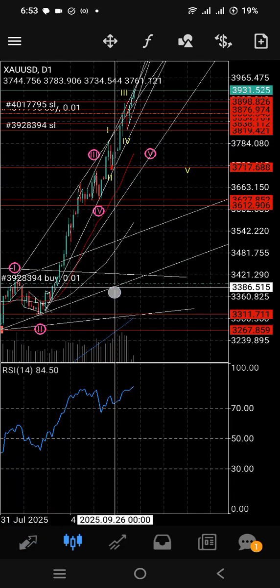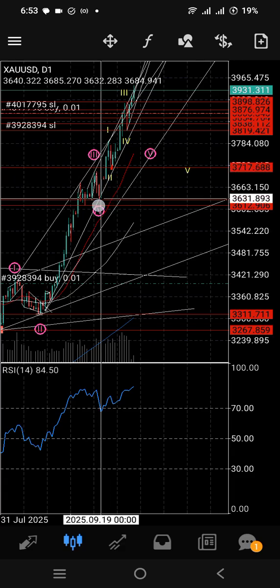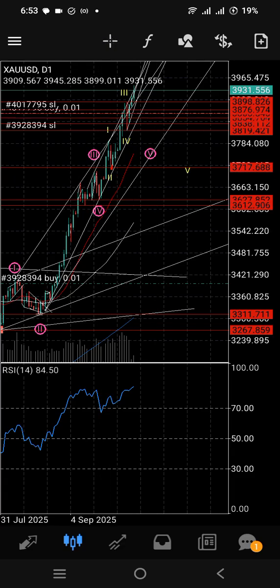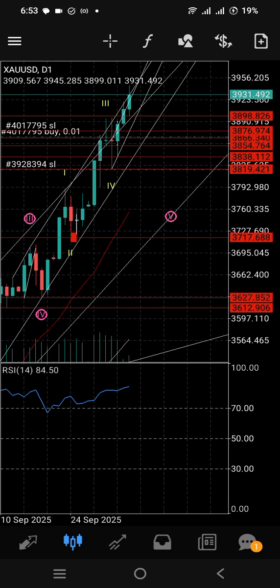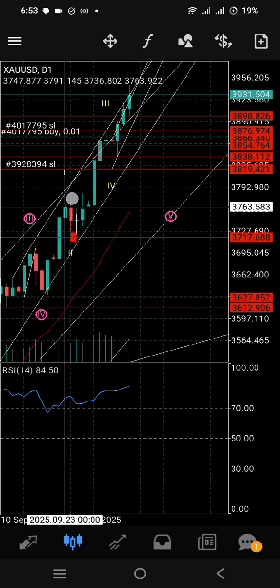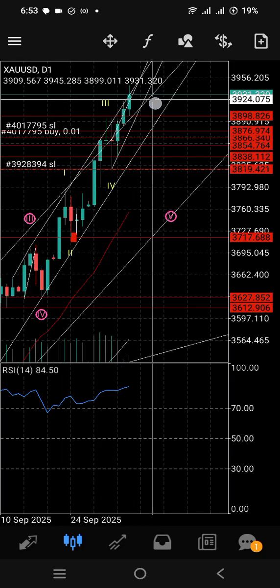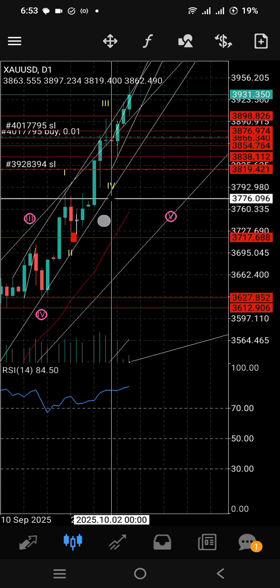So that is why I believe that on the gold chart we had our wave 3 top here, and this is our wave 4 bottom, and we are in that 5th wave extension. Now on the daily I'm also able to say that this is the wave 1, the wave 2, this is the wave 3, 4, and we are currently in the wave 5.